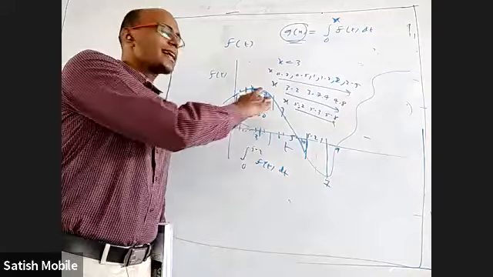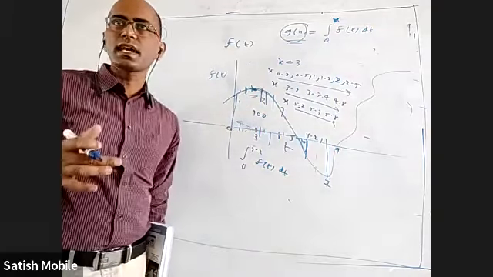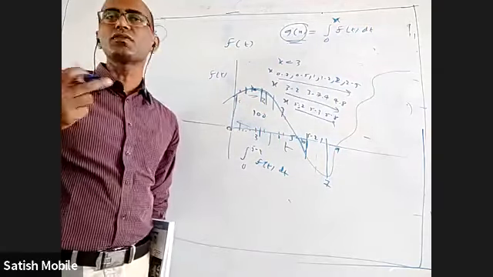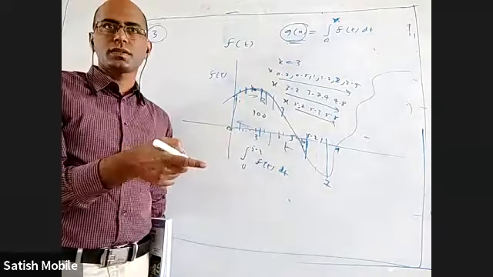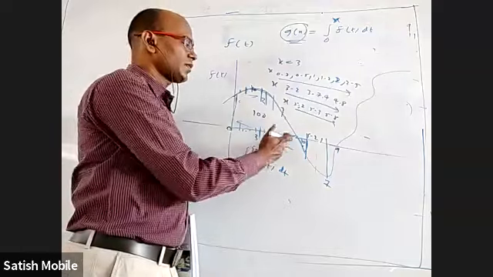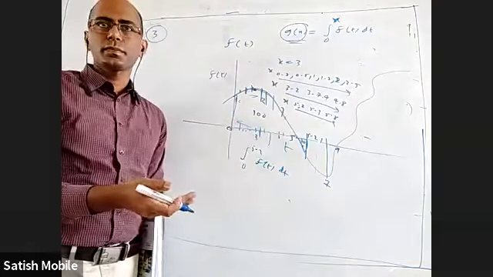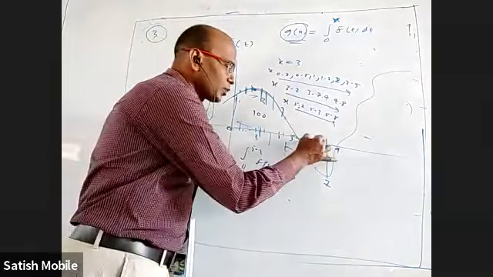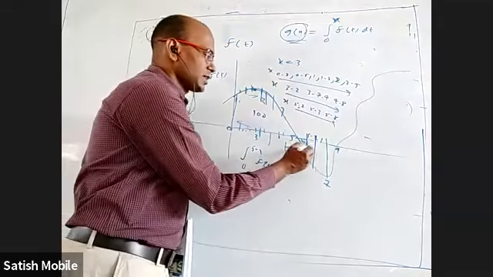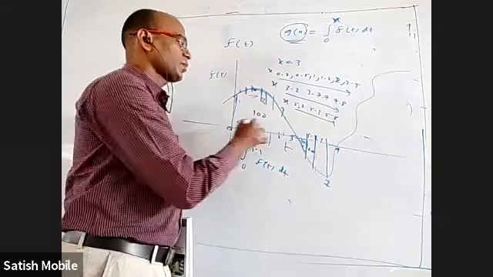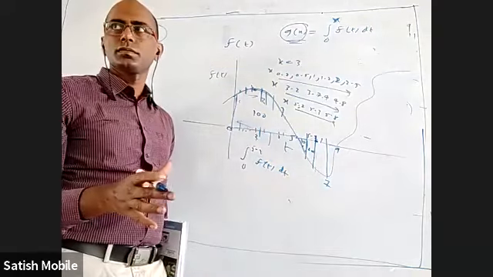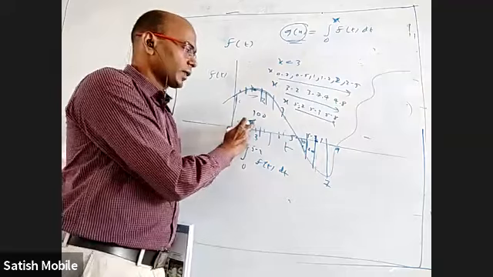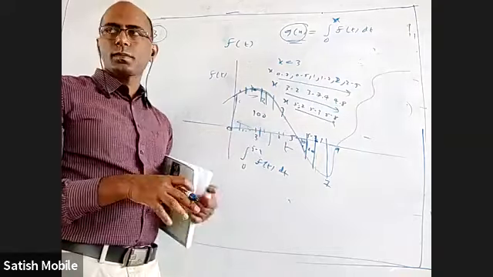If it is above the x-axis, integration gives area. If it is below the x-axis, integration gives the negative of that area. Area is 10, but my integration will give me minus 10. So from here to here, I'll get 100. From here to here, I'll get minus 10. It will be 90, right? So when I take up to here, let's say this is another 20 units. When I take from here to here, what is my integration answer? Not the area answer. I'm asking the integration answer. 100 minus 30, it will be 70.